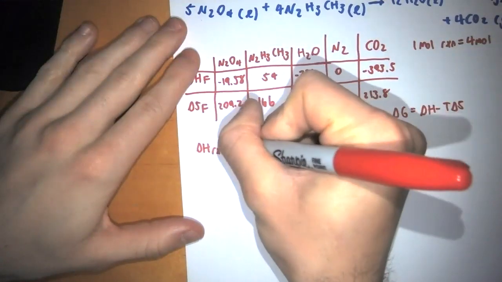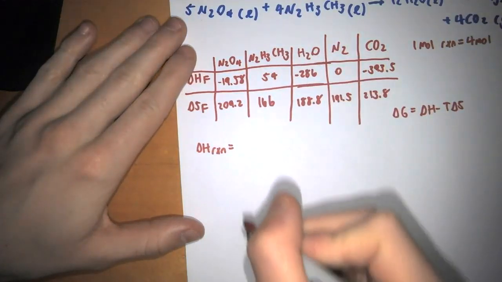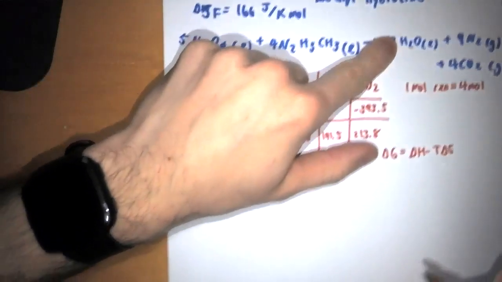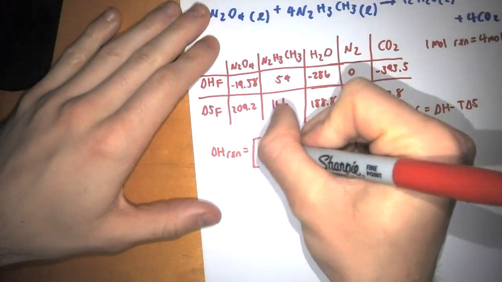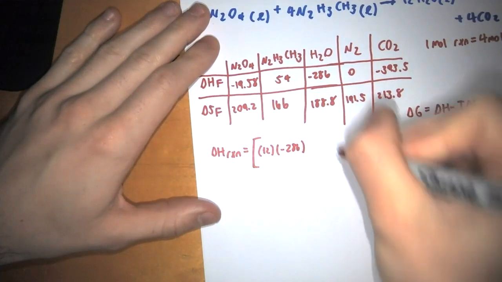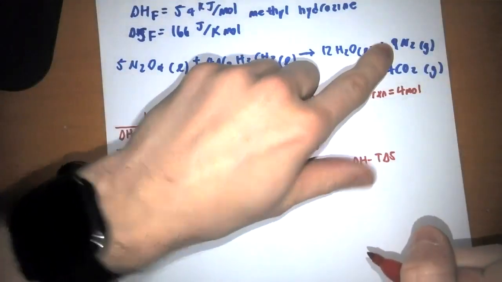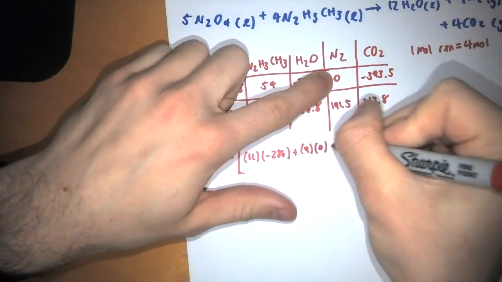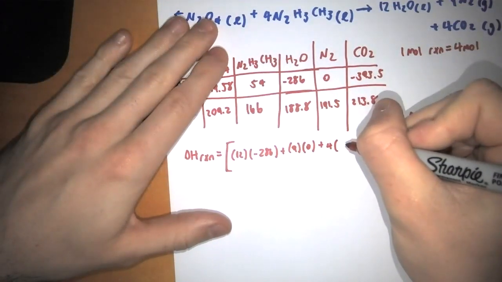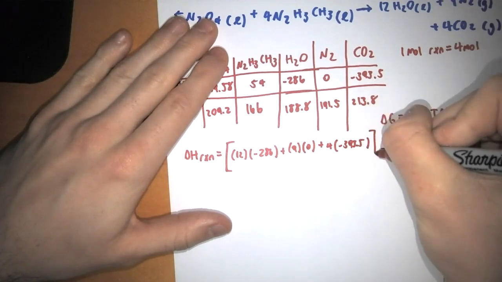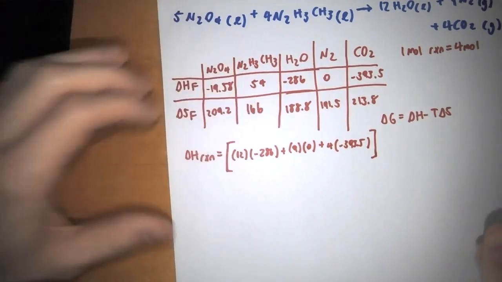So delta H of reaction is equal to products minus reactants. What's my first product? H2O. I have 12 equivalents of H2O, so I do 12 times its delta H, negative 286, plus I have 9 equivalents of nitrogen, 0, plus I have 4 equivalents of carbon dioxide, 4 times, sorry I missed a parentheses there, but it's okay, negative 393.5, close parentheses. This is my products, minus